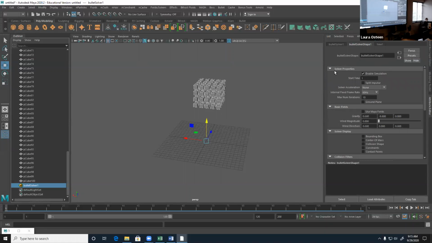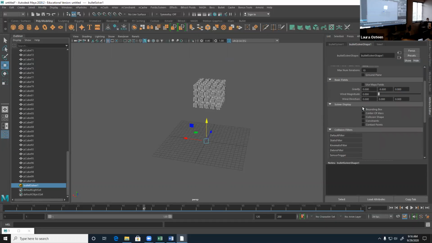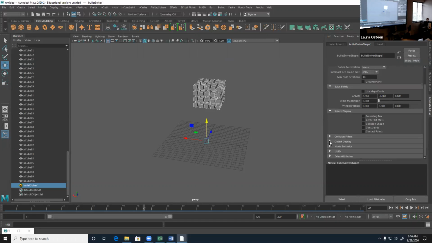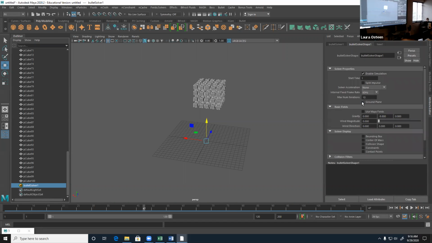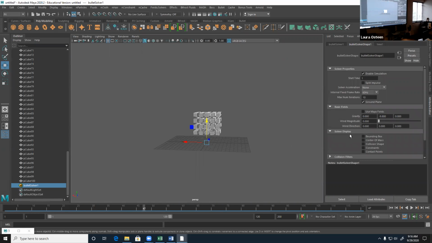Our solver properties are: when are we starting the simulation? Is there any different acceleration? That sort of thing. Do you want to use Maya fields, which will give you a slightly different simulation? We have our gravity here, our wind direction. We have our solver display. We have our collision filters, our object display. And then we also want to make sure we have this ground plane turned on. What that does is says, hey,